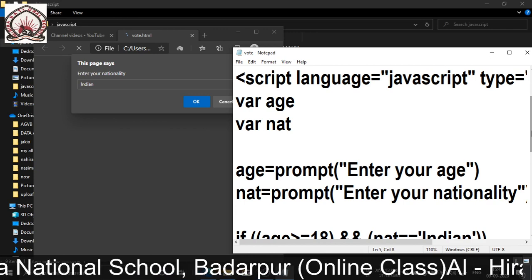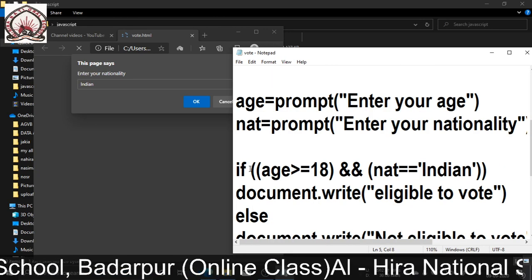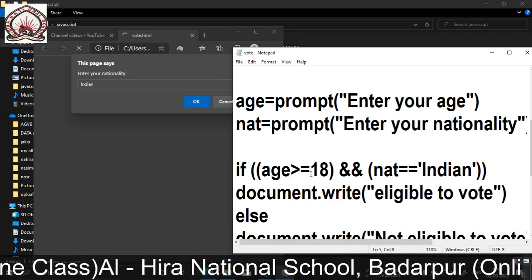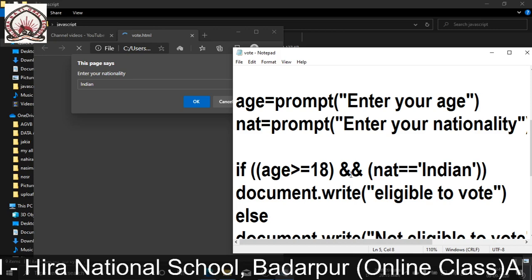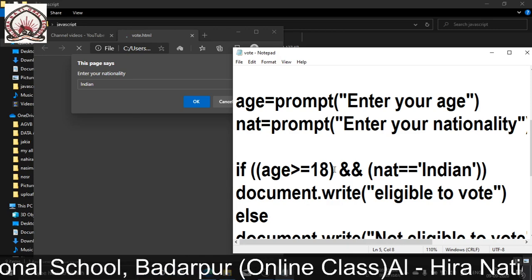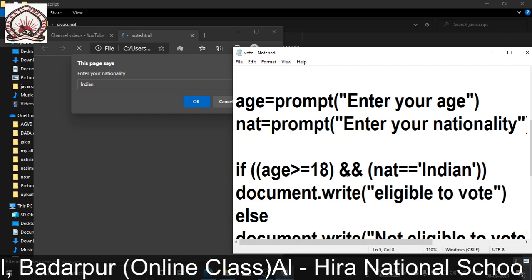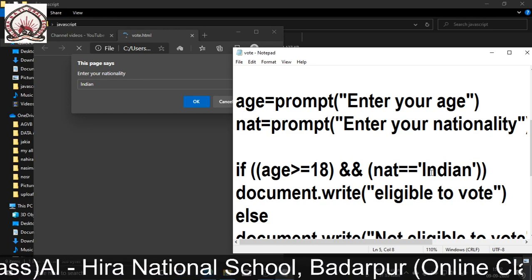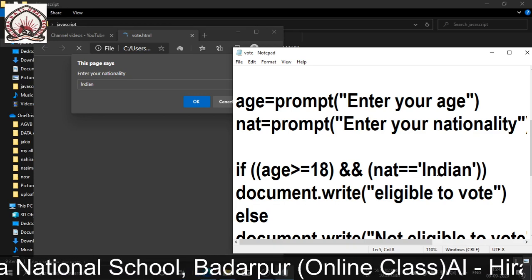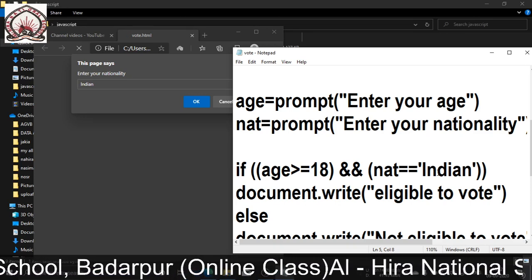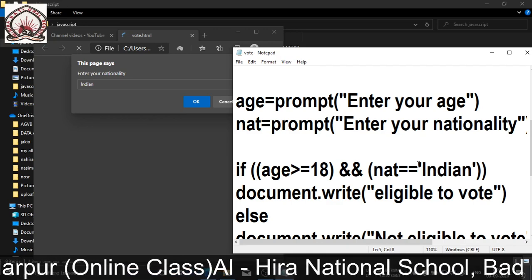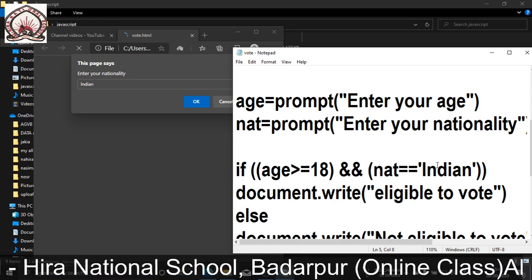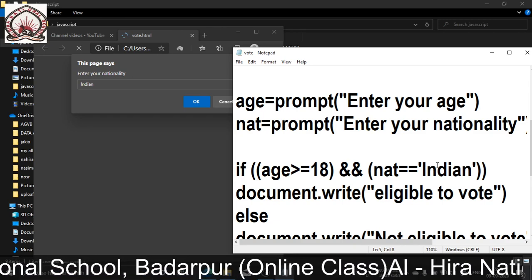Now in the if statement you see, if age is greater than or equal to 18 and at the same time, the AND operator is there, which I have already discussed in chapter 6, and net is equal to Indian. Because the word Indian is characters, it is a string, so we have to give it within single or double inverted commas. It is mandatory. If I don't give it within inverted commas, it will show an error.